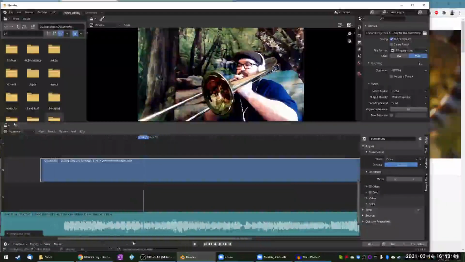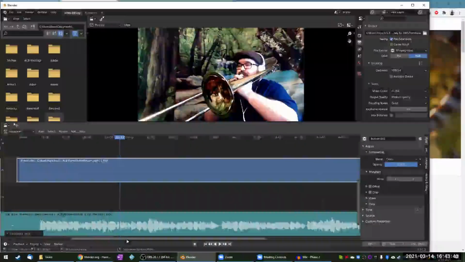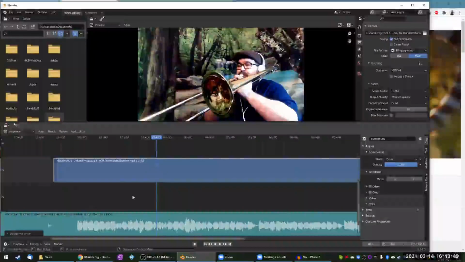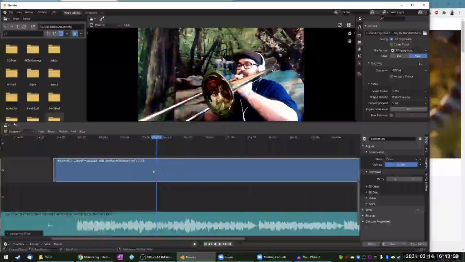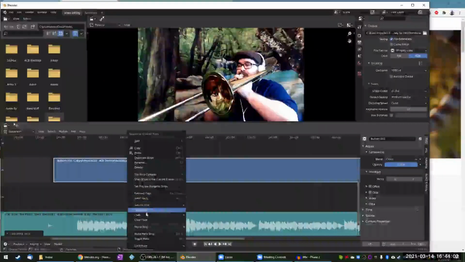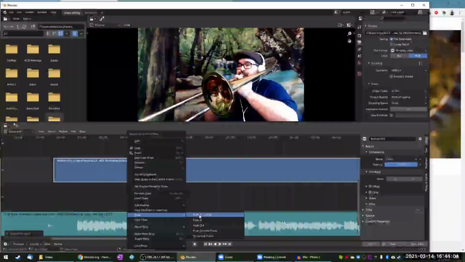Now, here's one of the features I really like about Blender's video editing. When you go to do transitions like fading in and fading out on programs like Adobe Premiere or OpenShot or other ones, you usually have to drag some kind of a transition bar onto it, or it's in the effects tab, kind of hidden. With Blender, if you just right click on your video track, they've got the fade setting right there, and you can do fade in and out.